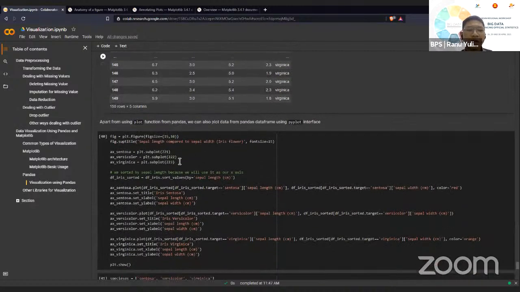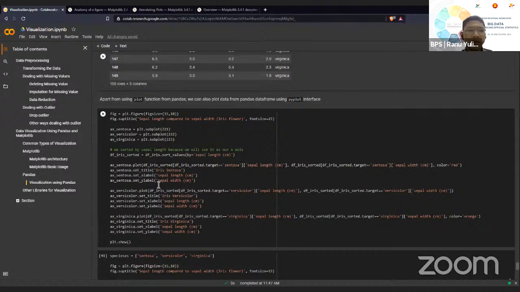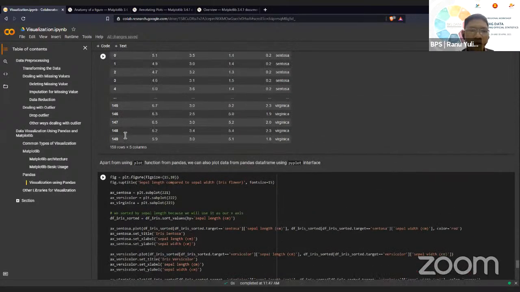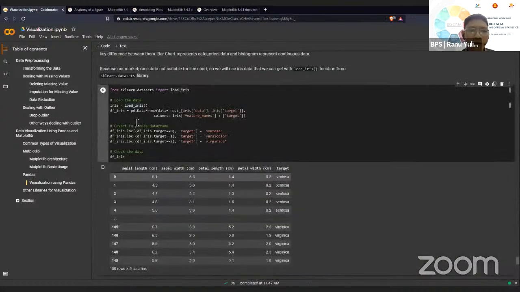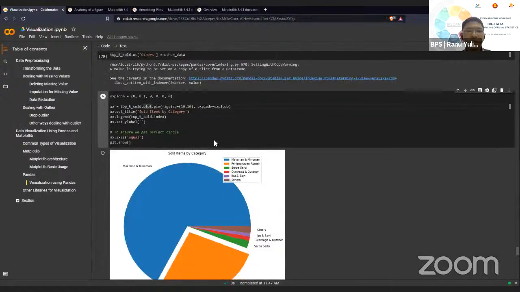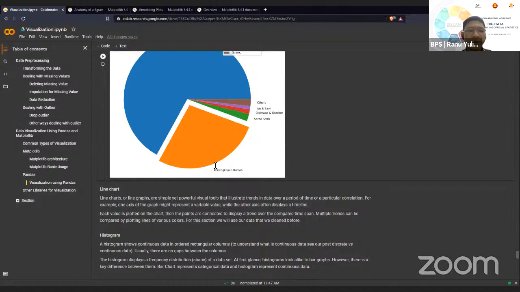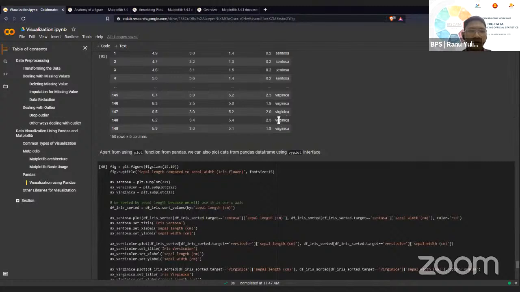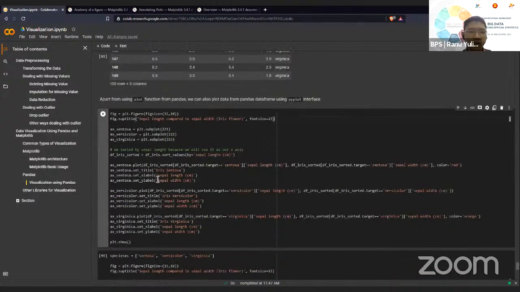Before, I was using the plot function from pandas directly, such as this one. So this one is the data frame, and then we call the plot function. But there is another way of plotting our data frame, which is to create our figure and subplot, and then we plot our data frame manually. This one. So if we run it,